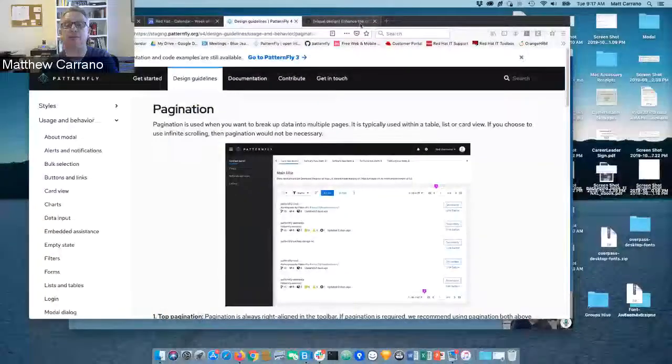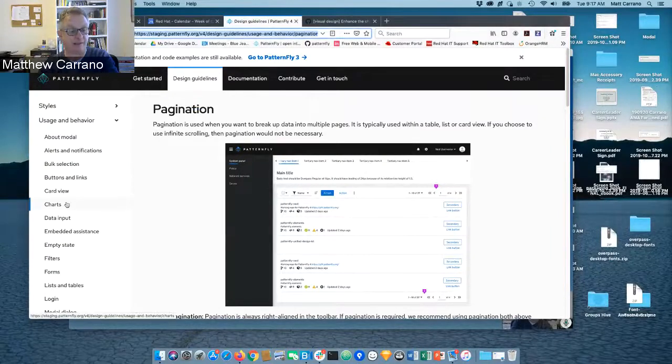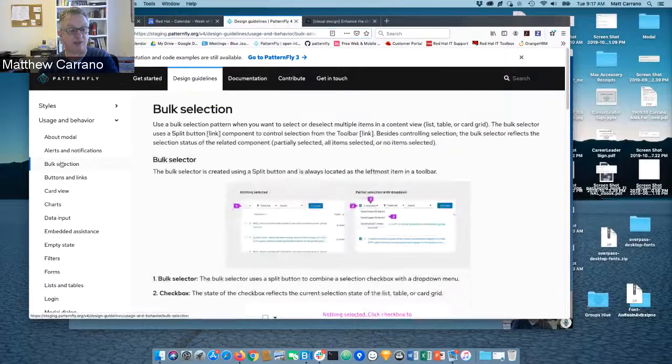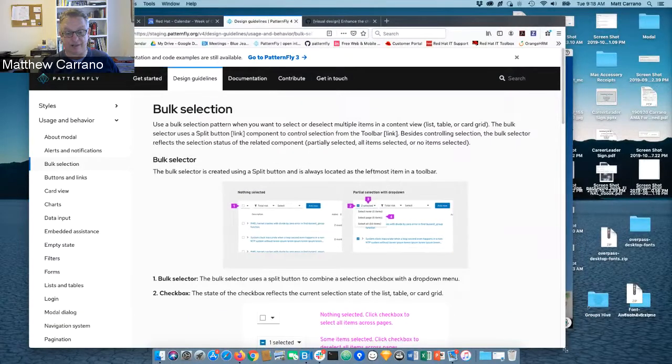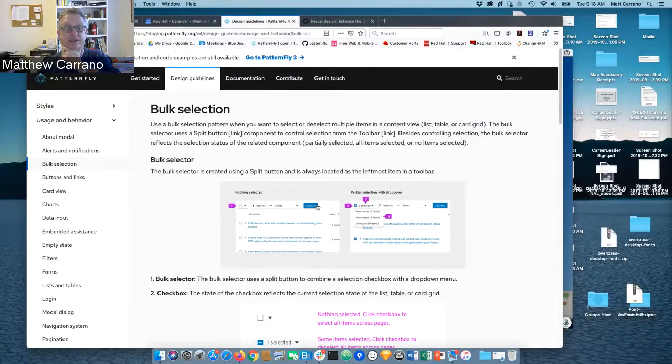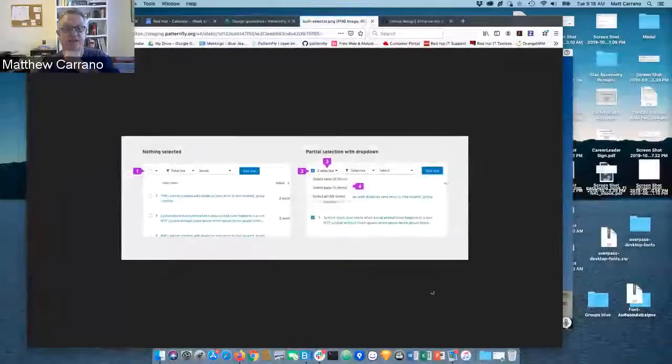Okay, I'll share my screen out. So we added 2 new design guidelines in this sprint. The first one is bulk selection. So bulk selection, this is design documentation that is intended to go with the demo that Katie just showed for bulk selection. So we talk about the location of the bulk selector in the toolbar,